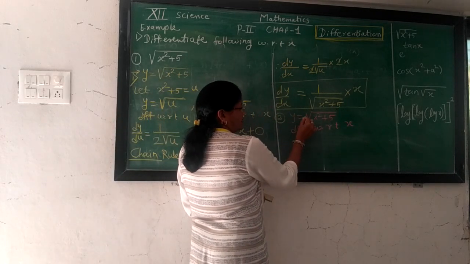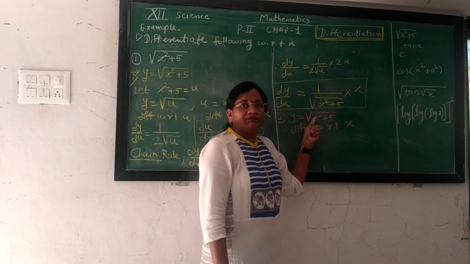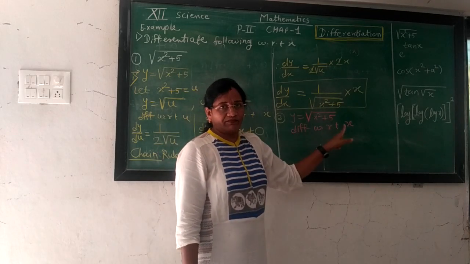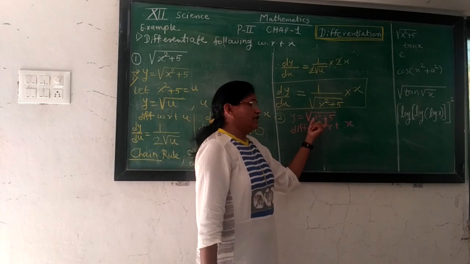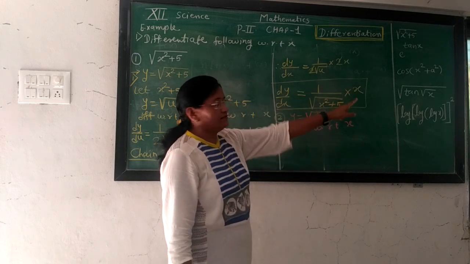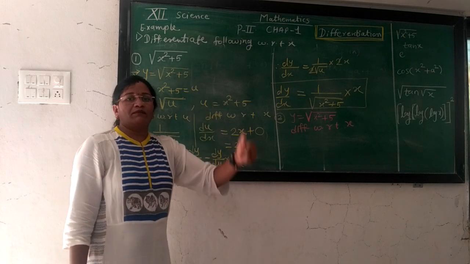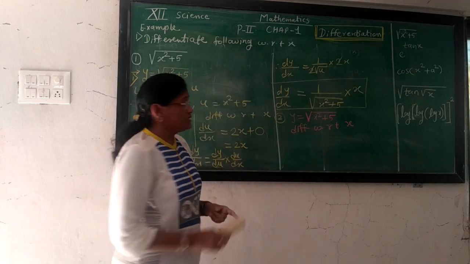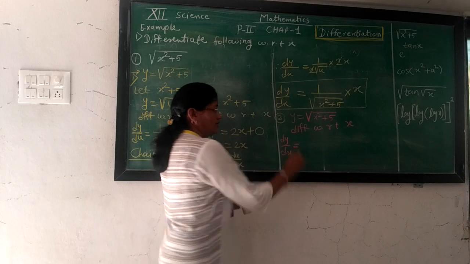Now every time remember that only two cases are there. Under root function means the power of that function is half, meaning this is a power function. At that time we first reduce its power by 1. And if the function starts directly, as in the previous example, we take the derivative of the first, multiply the second, multiply the third. But for a power function we reduce its power first. For this case, the derivative of y with respect to x, dy by dx.